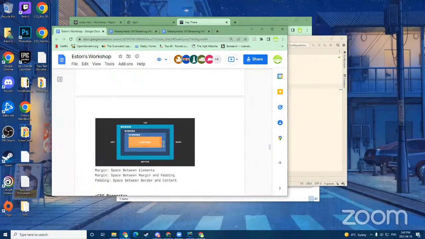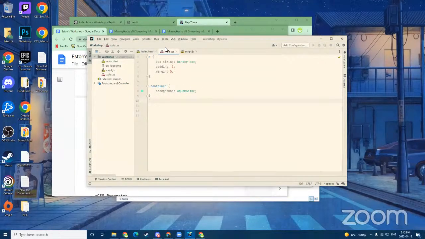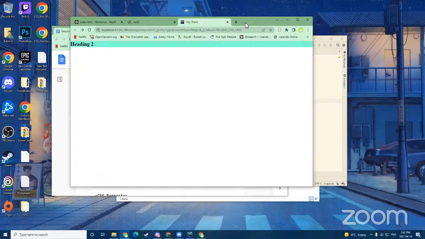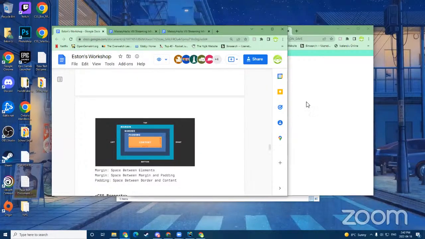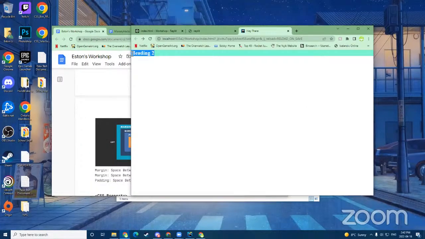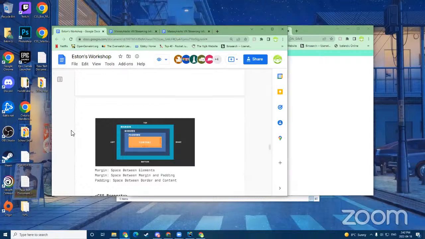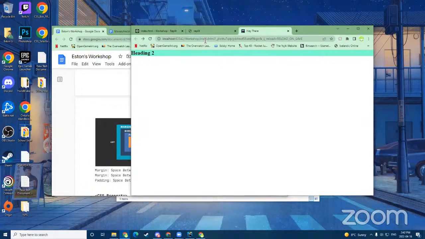You can see the box model, which is what every HTML element in terms of their styling consists of. So their content, which is the width and height. In this example of this div, this div has a content of heading, of this h2 tag. And also, coincidentally, we can change